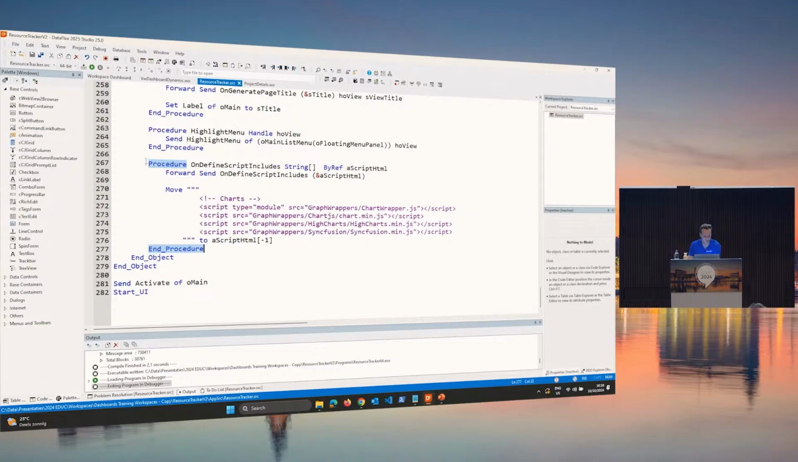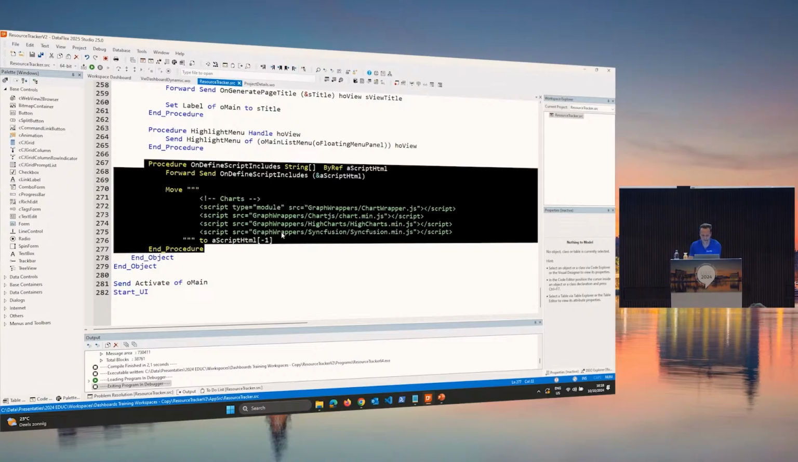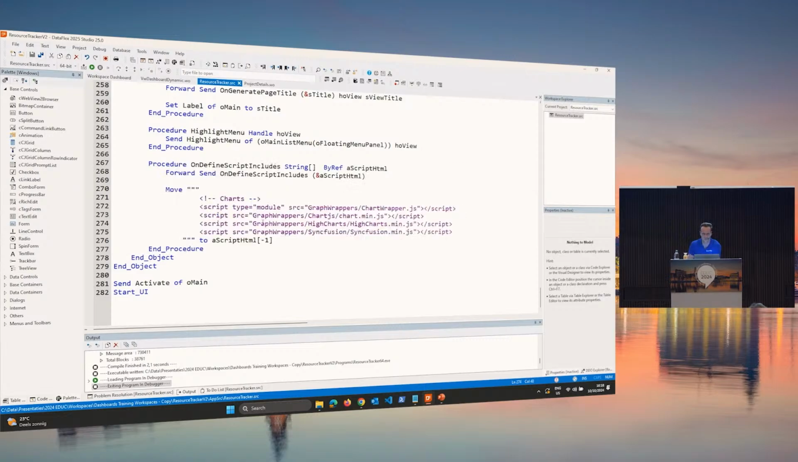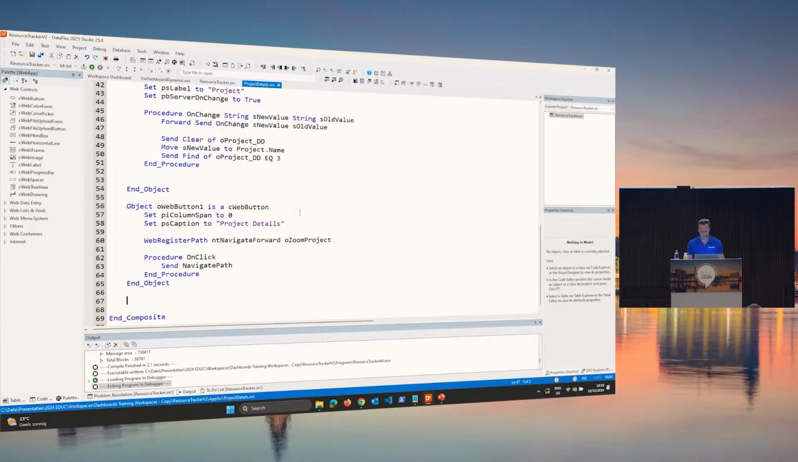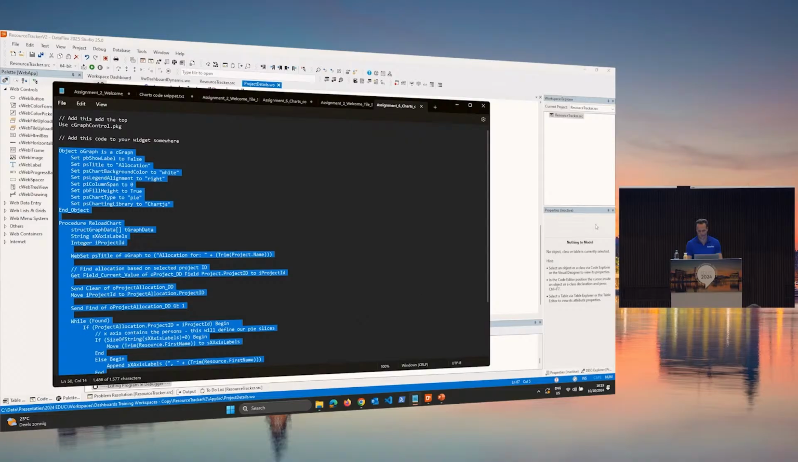I've done this here in the scripts, and this basically imports the necessary stuff for the charts library. Don't want you to worry about this too much. It's more important that we integrate this chart into the widget. That's what matters more. So inside our widget again, I'm going to copy and paste a little bit of snippet code,